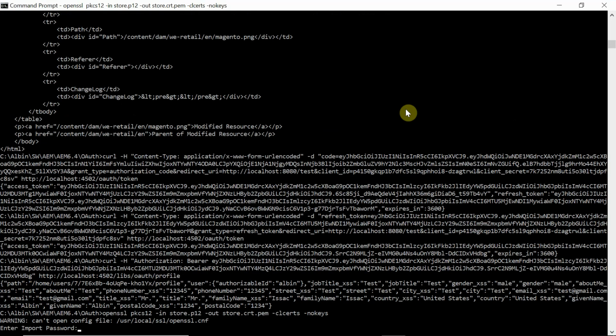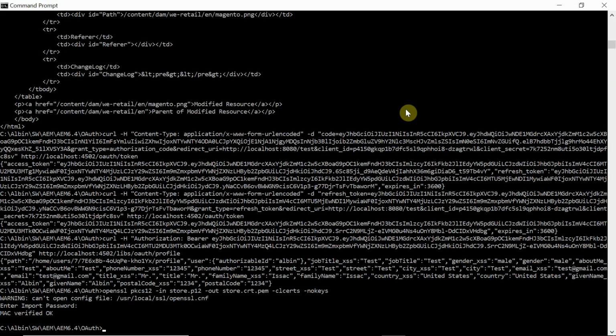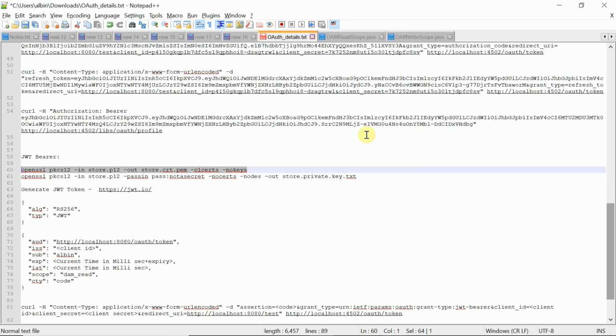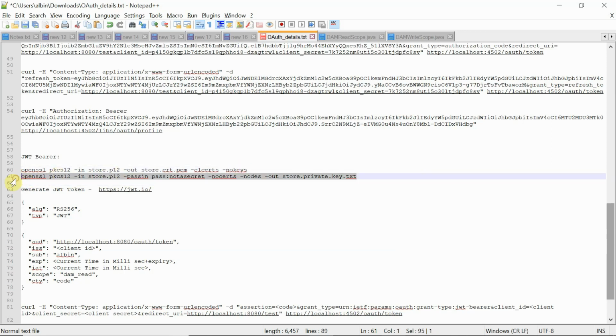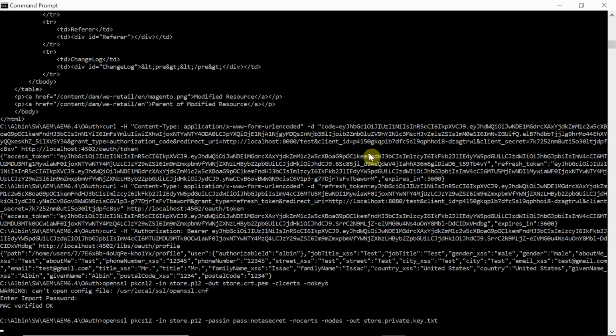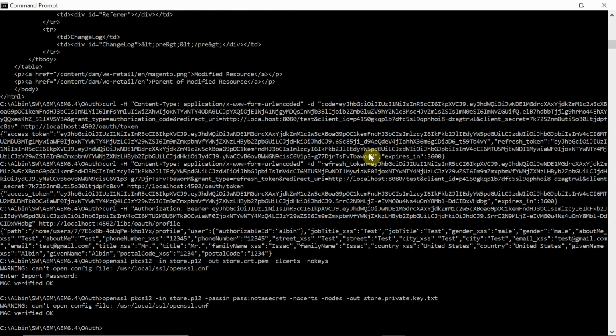I'm in the same folder. Enter the password, whatever password you are seeing there, not a secret. Put that. Yes, done. Now you need to take the private key also. Okay, now done, the private key is also downloaded. Now you need to create a JWT token signed with this private key.